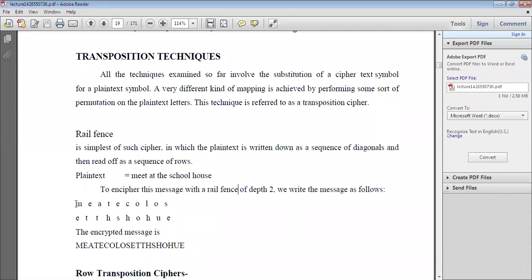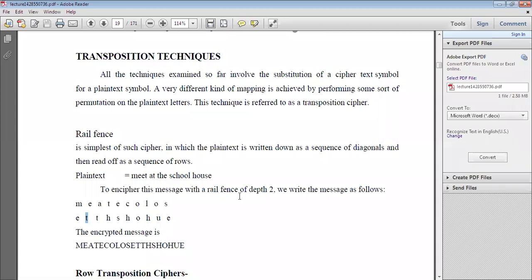I want to write it like this: M E E T. Now I write M E E T, A T, T H E, then S C H O O L H O U S E. This is the plain text we have to write.